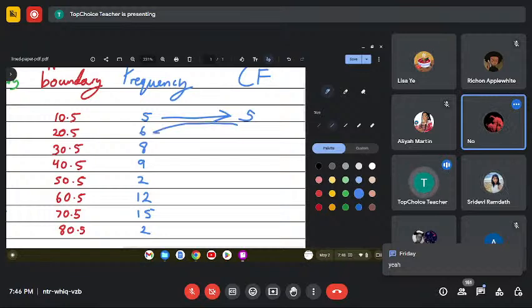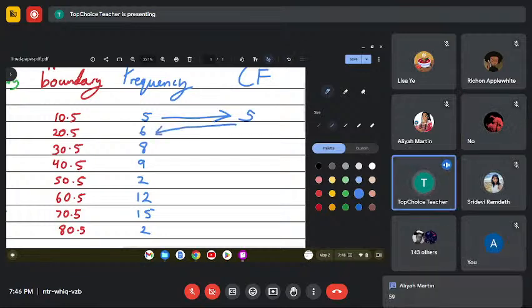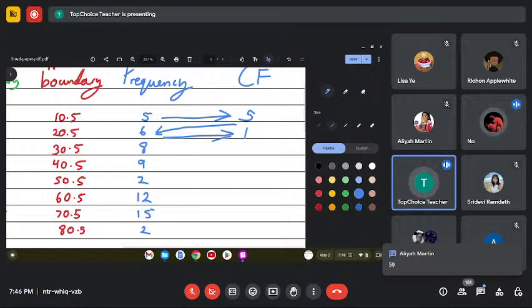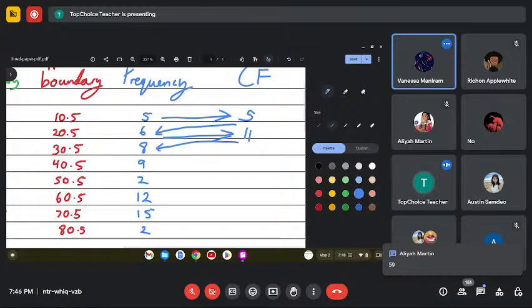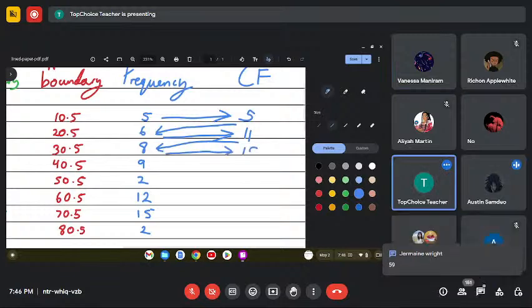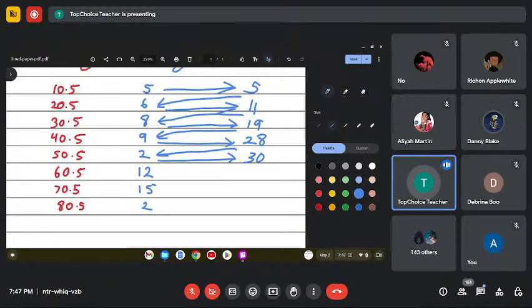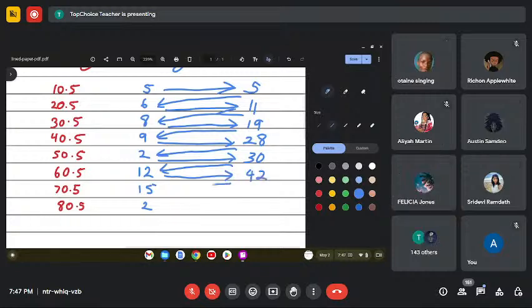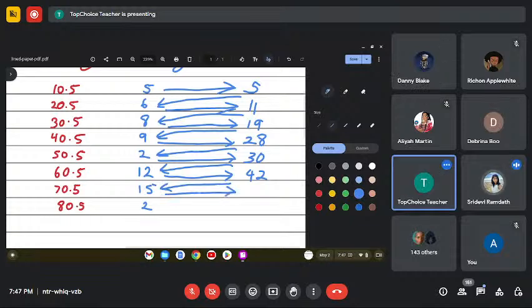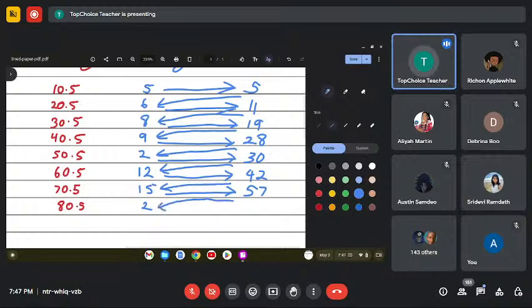So we take the 5, we add the 6 to the 5, and we get 11. And then we add 8 to the 11, and what do we get? 19. And we add 9 to 19, what do we get? 28. And then we add 2 to 28, 30. Add 12 to 30, what do we get? 42. We add 15 to 42. 57, right? I'm not checking it over. I trust in you guys here. And we add 2 to 57 now, and we get